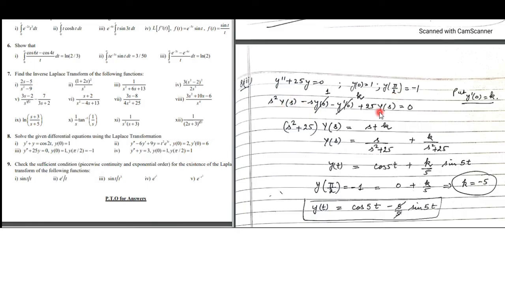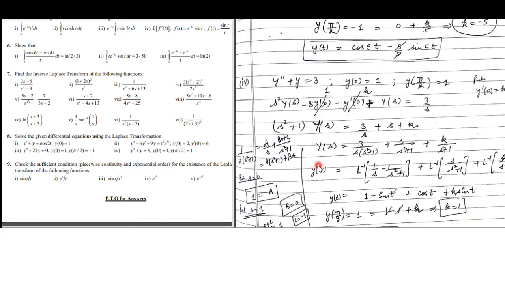But when you take Laplace to both sides, we have a term y prime at 0 also. So we will assume that y prime at 0 is k, some arbitrary constant k. After simplifying, we get y(t), but now we have to find out the value of this k. So we put this condition, which is the boundary condition, that at pi by 2 the value of y is minus 1. So when you put t to be pi by 2, you will get the value of k to be minus 5. Now you can put over here, that is the solution of this boundary value problem.